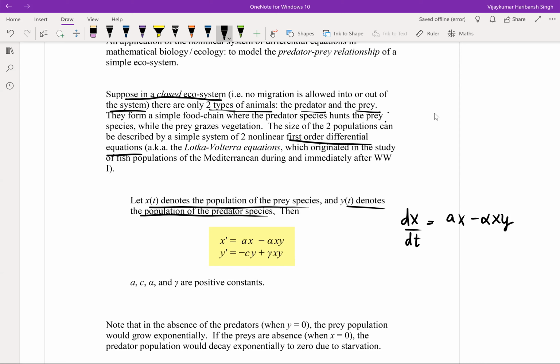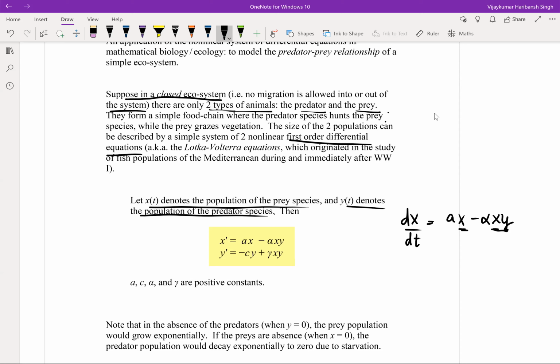Because if the predator population is too large, suppose there are 5 rabbits and there are 20 wolves, right? Then the rabbit population will diminish to 0 right away. However, if there are 1,000 rabbits and there's only one wolf, then the rate at which the population of rabbits will change will be different. So of course, the rate of change of the prey species depends on both the already existing prey population and also the prey population times some